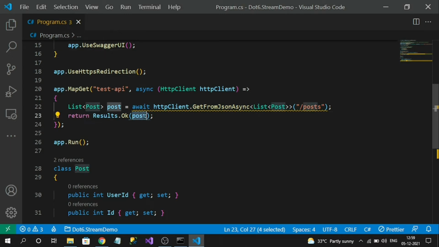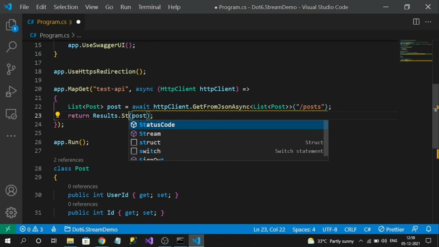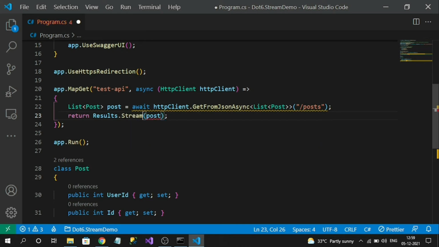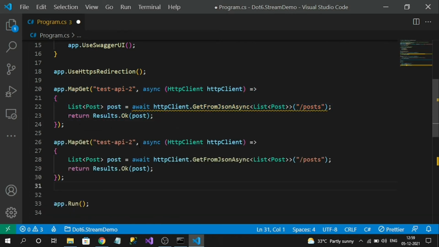In minimal API, Results has several methods, as I mentioned, and one of them is Stream. This Stream can deliver the response directly to the client without any deserialization. Let me revert it back. I will make this one Test API 2, copy this entire API and make it Test API.